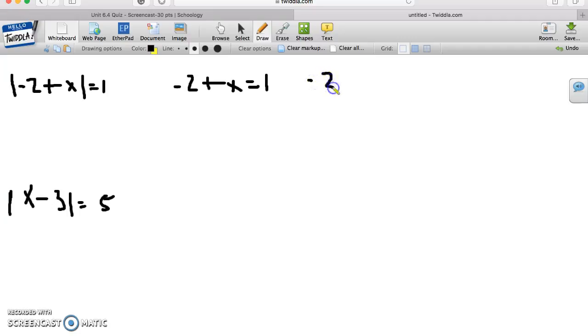So -2 plus x equals -1. So now we just need to solve for x. So we can isolate the x by doing that, you have to add 2 to each side. And then that would leave us that x equals 3. And that solves the first part of our equation, but since it's absolute value, we need to do the